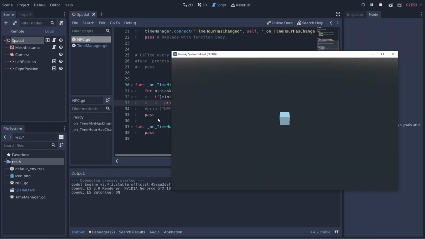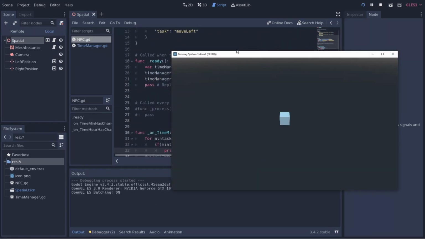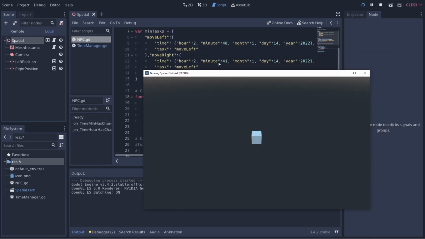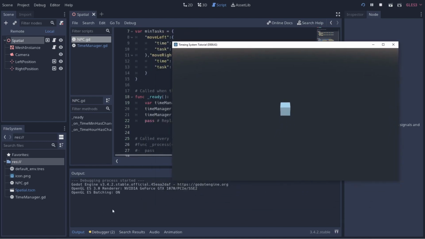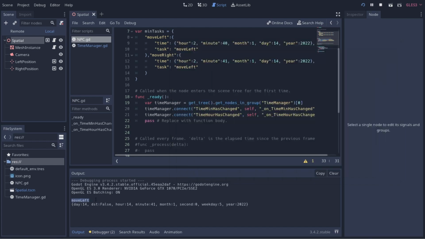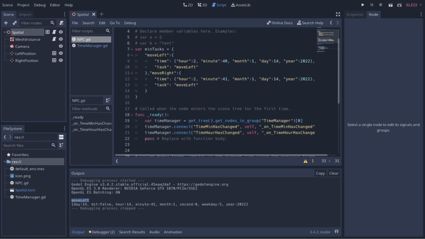And we've already missed the window for 240. It is 240 right now, but we do have 241. So you'll see that move right should fire off here in a minute or so. And you'll see right here, it says move left. Perfect. That's exactly what we wanted, right? So it actually ran our move right task, but it's move left in our case. We named it moved left. That's my fault. But it fired off our move right task. So if we set this to 43 and 44,